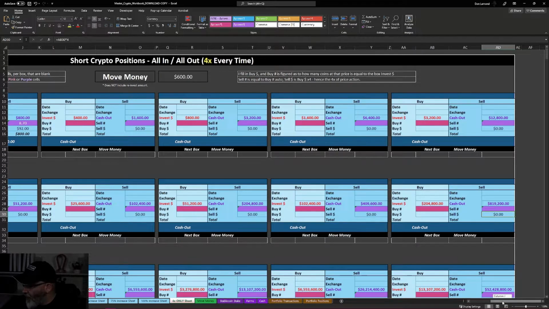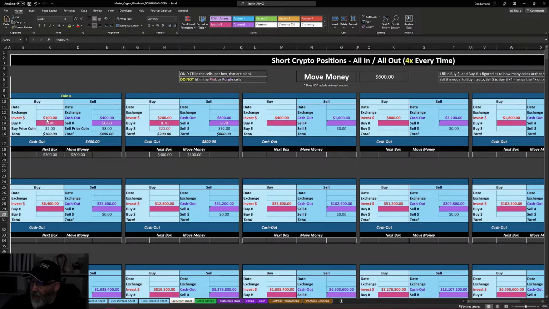This is just hopscotching your 4X move. You're investing 100. The price is going to go up 4X. You're going to sell, split your money in half, move 200 of it or 50% of it to something that you control, and you're going to take the other 50% and go to the next stage. So not only is this a 4X move on the price point every single time, it's also a doubling as you go down the road of your investment amount, and you can't break that cycle or the whole system gets thrown off. So the next purchase of a 4X move has to be twice as much as you spent last time